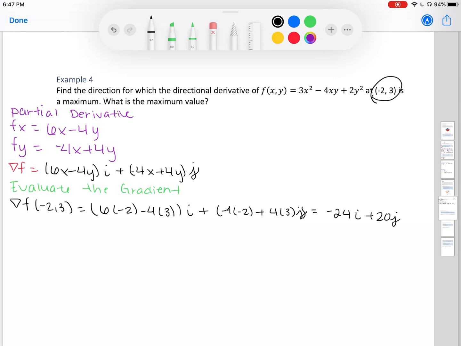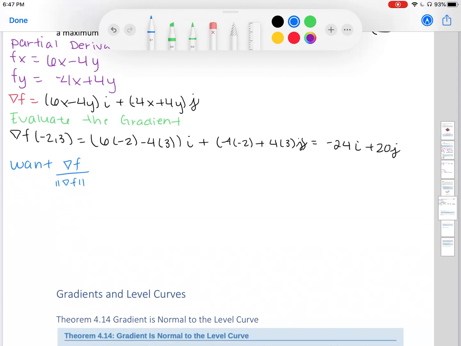Okay, now we want to find the direction of it, right? So we want del f divided by the magnitude of del f. Luckily, we have these pieces here. We have negative 24 and 20. So we can just find it in one shot, right? So we have